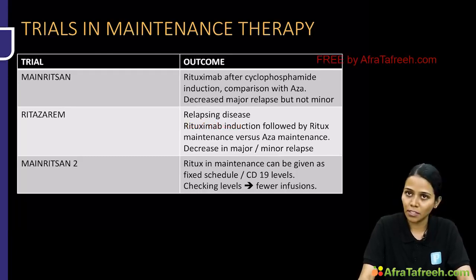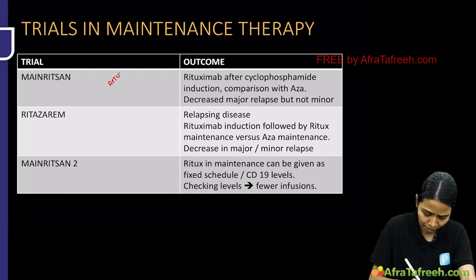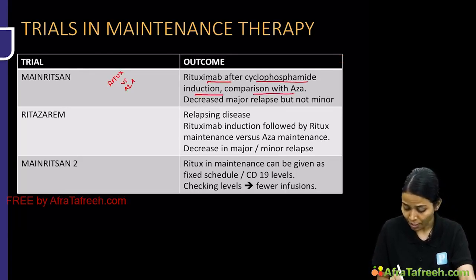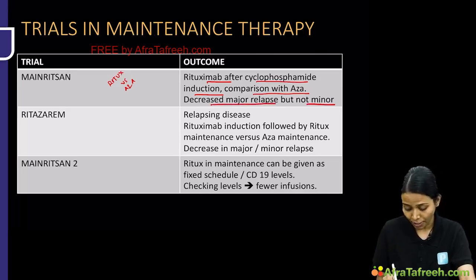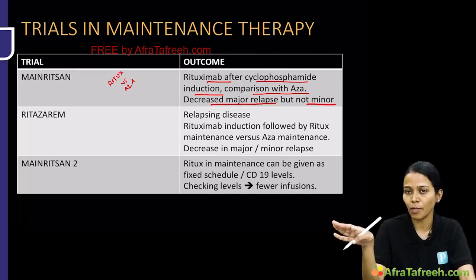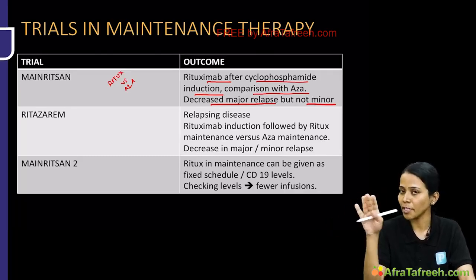So MAINRITSAN 2 is there, and RITAZAREM is there. Okay, all these trials are about rituximab versus AZA. In the MAINRITSAN trial, it was shown that rituximab, when given after cyclophosphamide induction, in comparison with AZA, decreased major relapse but not minor relapse. After cyclophosphamide induction, if rituximab was given, it prevented major relapse but not minor relapse, and it was comparable